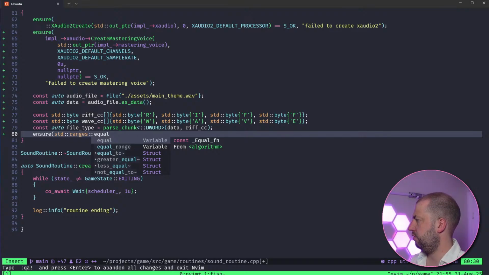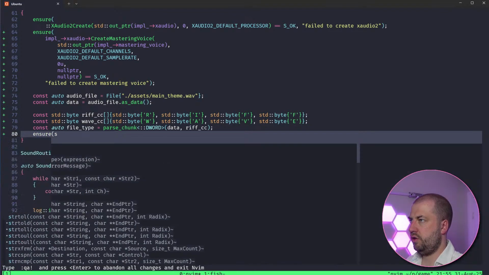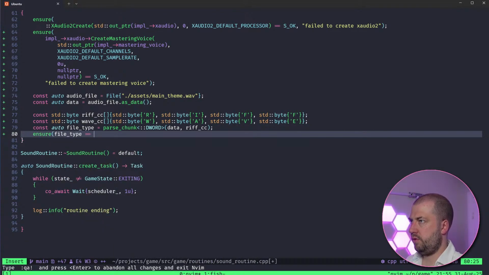I should be able to just do that manually. So this should ensure file type equals 0x45, 56, 41, 57, which is way backwards in ASCII, I think. Incorrect file type.